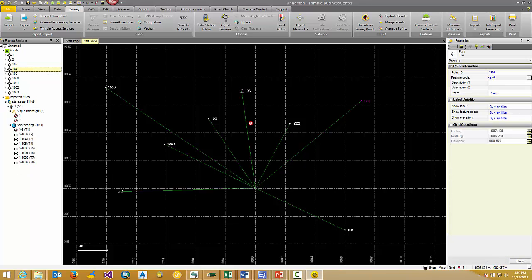Hit OK, and notice now if you expand the node under point 103, a new coordinate called office entered grid